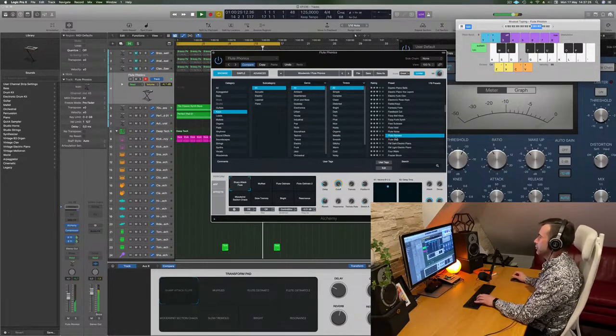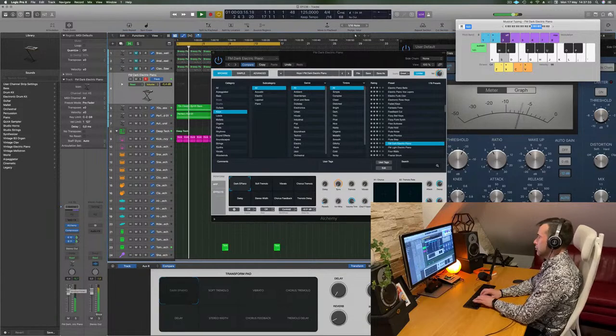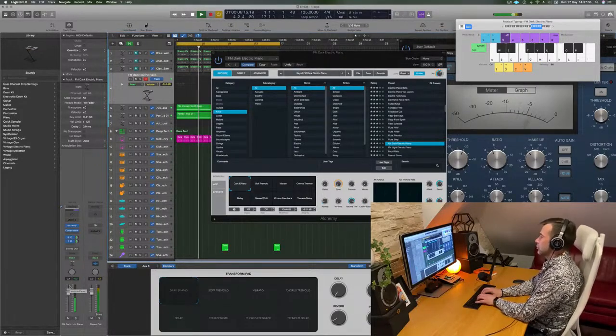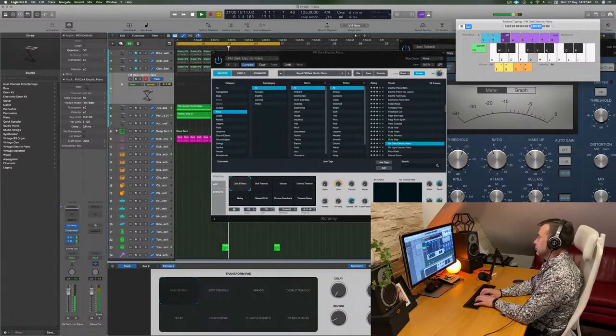Kind of good, I'm not sure. Oof. And so we're going a bit more dark mellowy. So we can change the timing, do